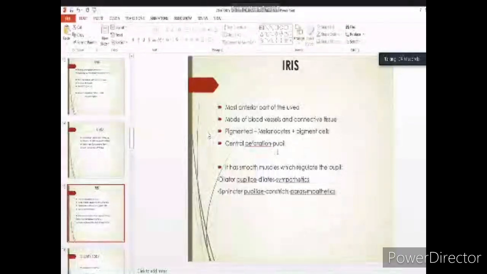In the center of the iris is the pupil, which is a central perforation. Pupil is a space, ladies and gentlemen. It's not a space that you can touch, no. It's a space, a hole in the iris that looks black or darker than the iris. It has muscles, smooth muscles, which has,